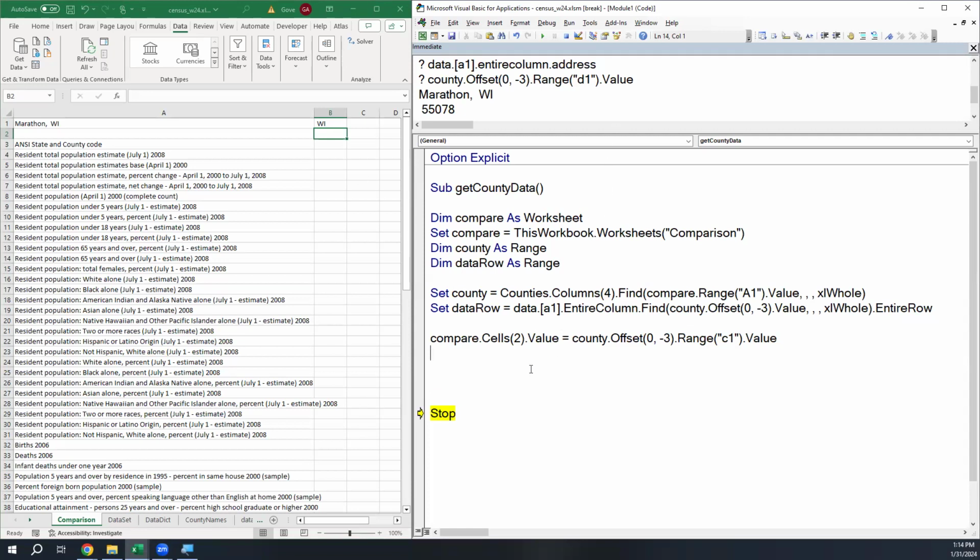Okay, so in this case, another way to get to B2 would be like this. My compare sheet dot columns 2. This is my second column. That refers to the whole of column B. And from here now, I can say I want the second cell in that. So here, instead of cells of the whole worksheet, this is the number 2 cell of this range. That will start counting here, 1 and then 2. And so we're going to set the value of that equal to